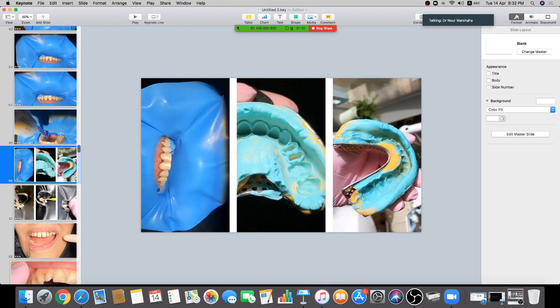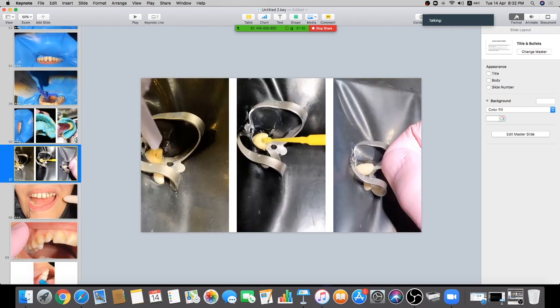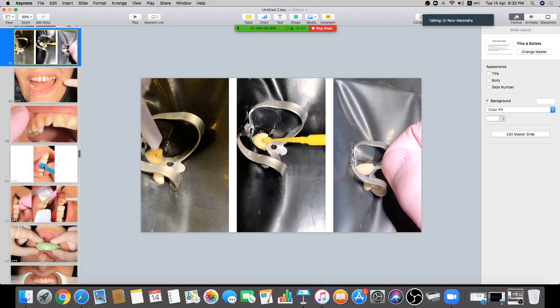And this is after impression. Okay, for post-fabrication,